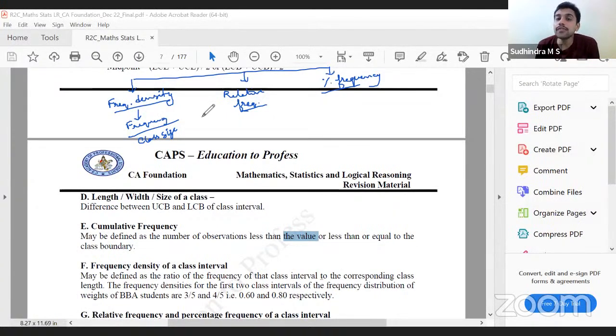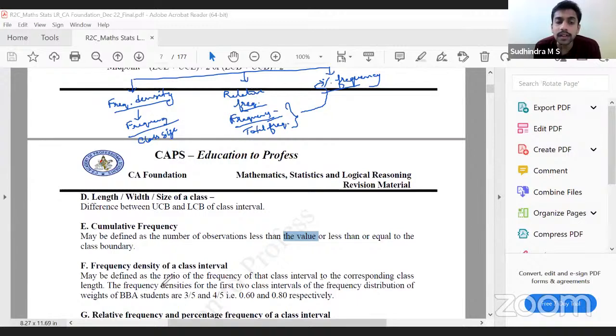Whereas relative frequency is frequency of that class divided by total frequency. If I express the same in terms of percentage, it is percentage frequency. If I express relative frequency in percentage,